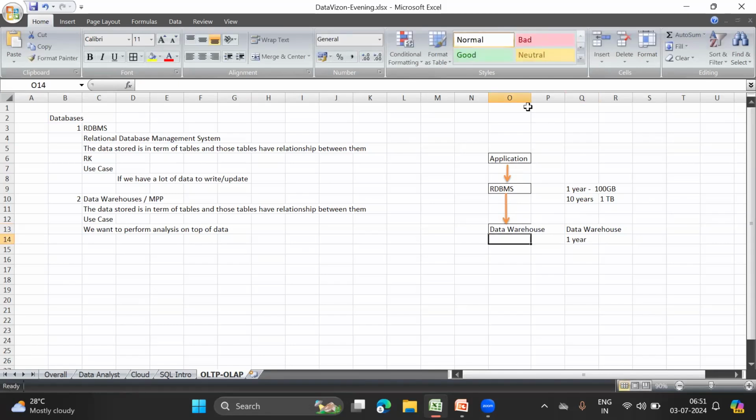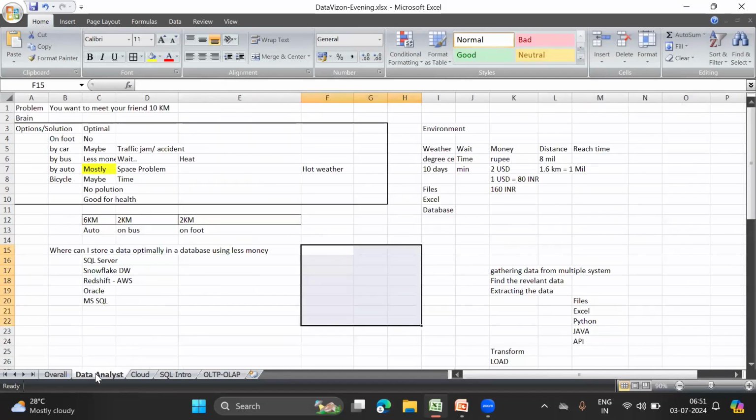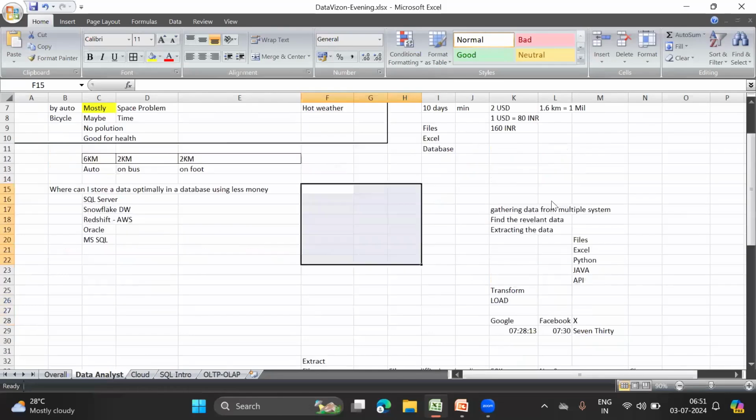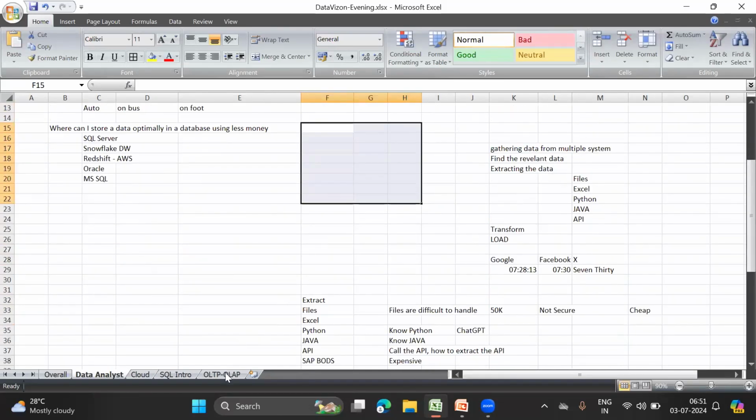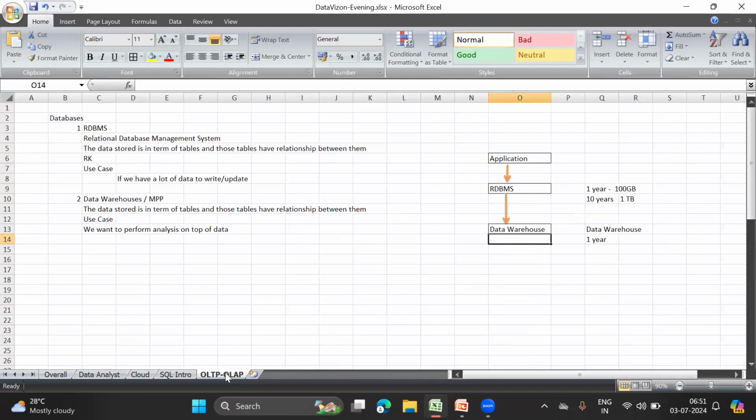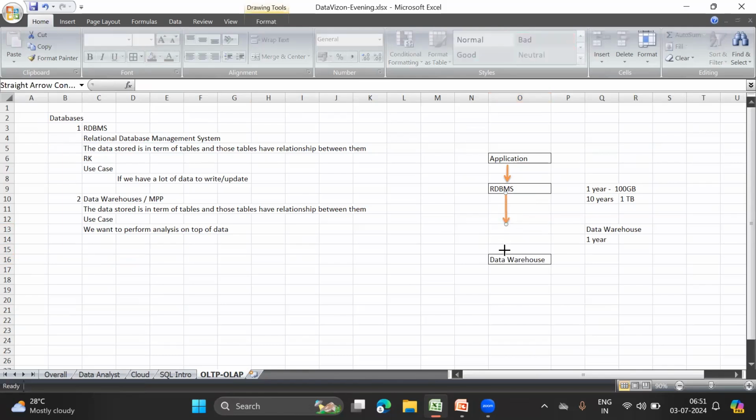This is one thing which we have also been discussing since our first lecture. If we come over to this place, we were discussing something called E, T, and L. Now think of that data warehouse. This is your extract. You are extracting some data from the RDBMS. So let me place it over here. We discussed extract. Because we do not want 10 years of data, we just want 1 year of data, we will extract the appropriate data from my RDBMS.